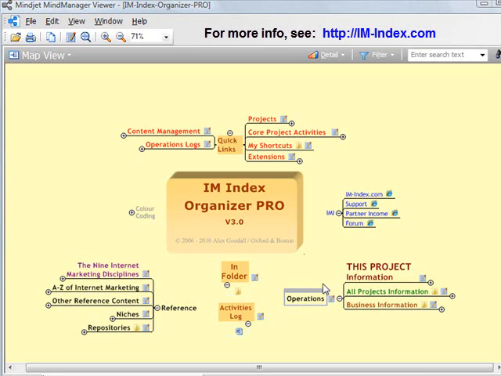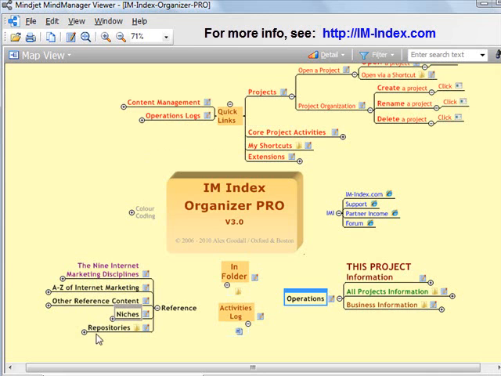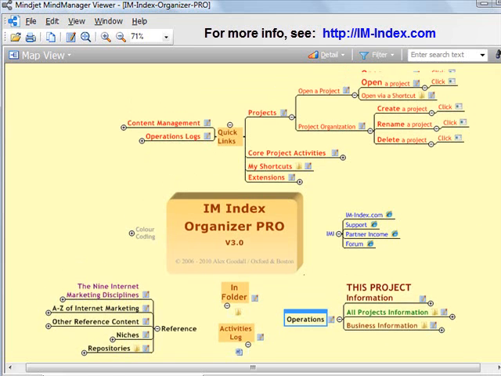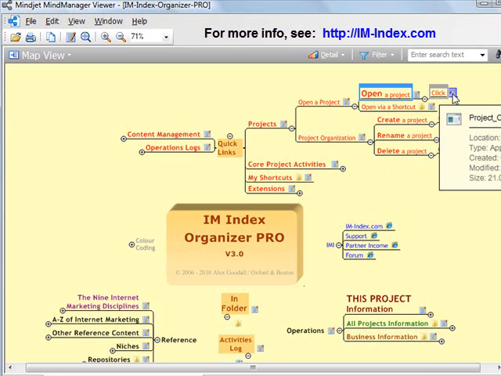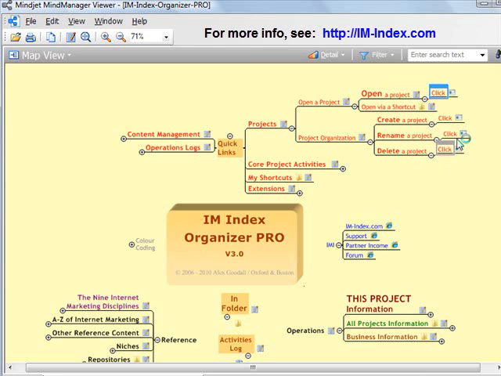Now, to demonstrate the operations section, I'm going to start at the top here under the projects and open that topic, and we see a list of functions I can perform. I can open a project that already exists, I can create a new project, I can rename a project, or I can delete a project. And what I'm going to do is create a new project. Sorry, no, that's open. I'm going to create a new project,